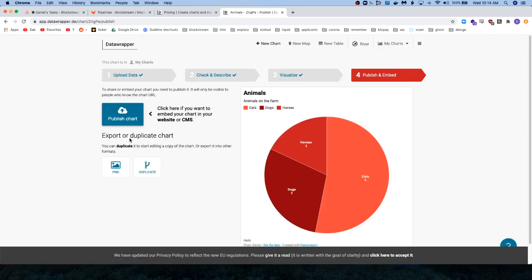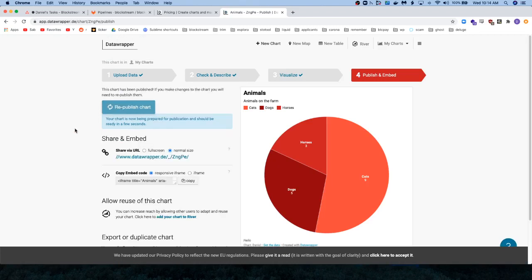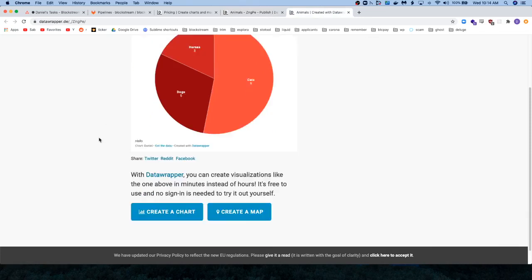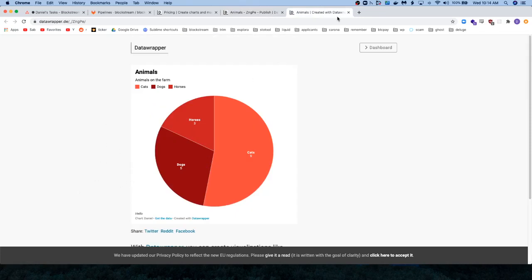you can decide how you want to publish it. So if you click this button, it gives you some options. So basically they host the chart, and you can link to it if you want. You can do the full screen, normal size. If you do use this option, they add a lot of Datawrapper stuff in there for marketing, but